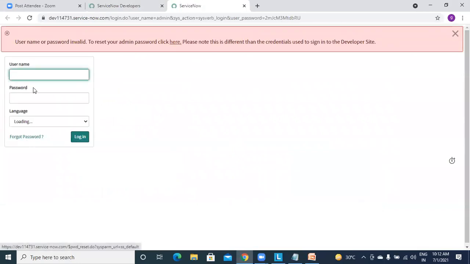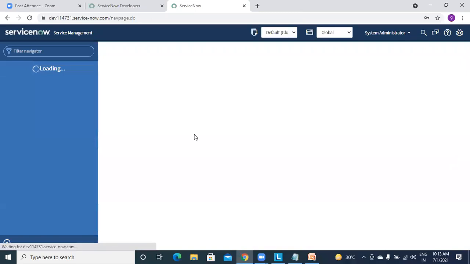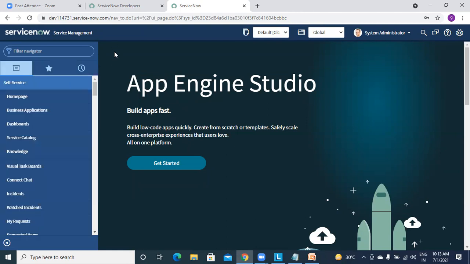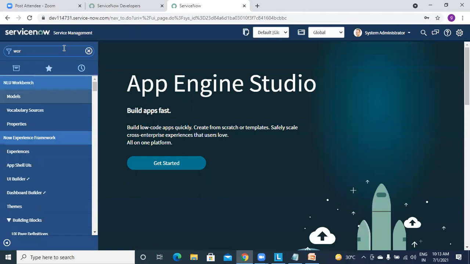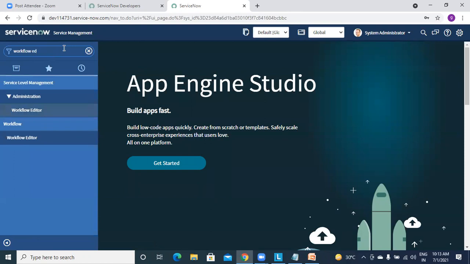So I'm opening my instance. Okay, so first is workflow editor.